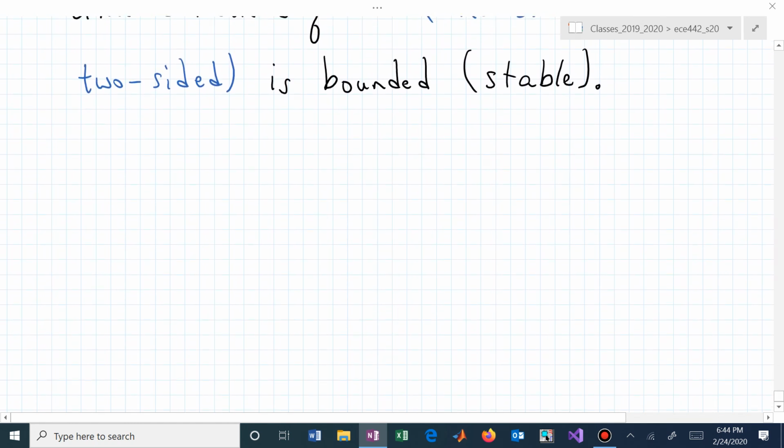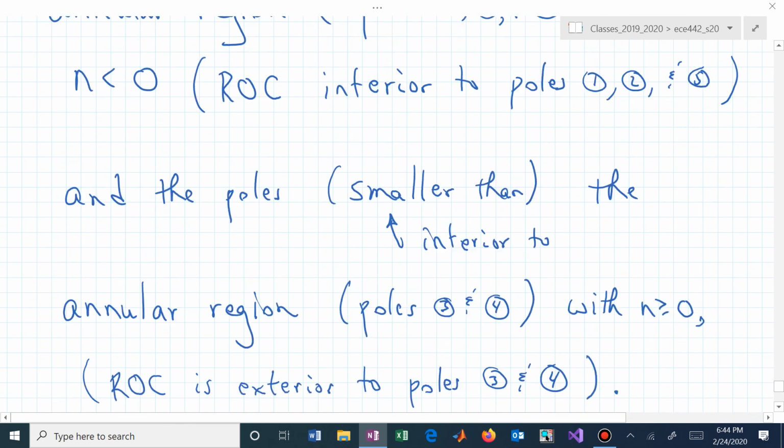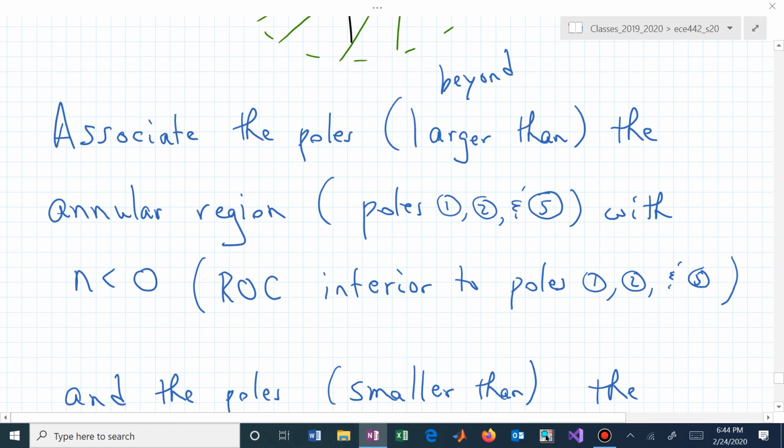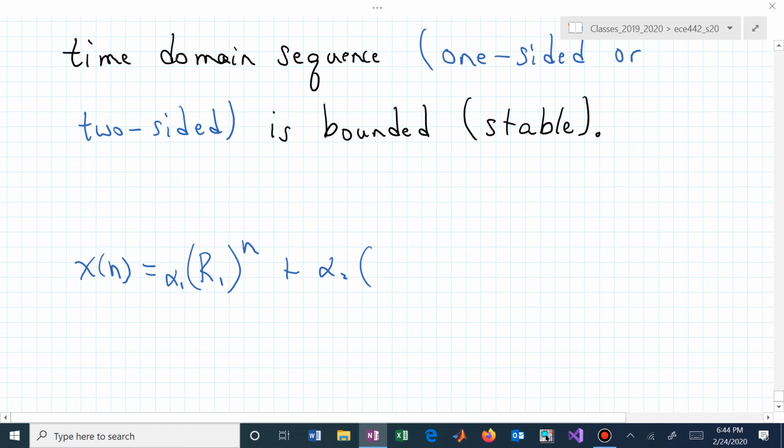I now said little x of n is r1 to the n. That one corresponds to pole 1, and let's call that alpha 1. This is now alpha 2. Wait a minute, which ones were which? I better get my picture back. 1, 2, and 5. So let me now say alpha 2 r2